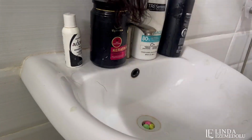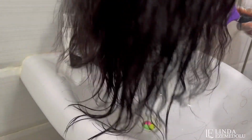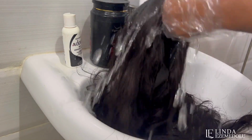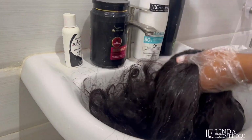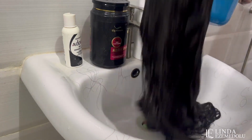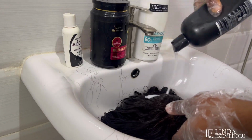So first, I'm going to start by detangling the hair by using a hairbrush to brush through the entire hair. And after I finish brushing through the entire hair, I'm going to pour water on the hair and start the process of washing it. After ensuring that the entire hair is completely wet, I'm going to apply this Tresemme shampoo